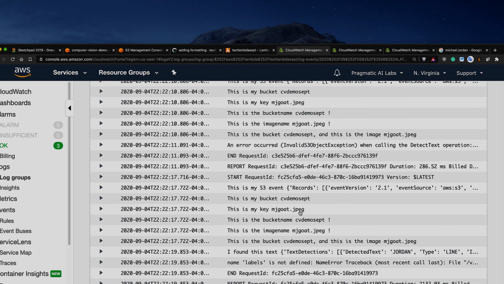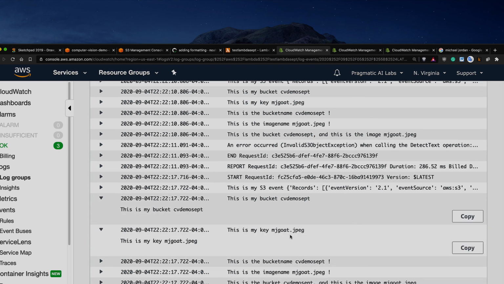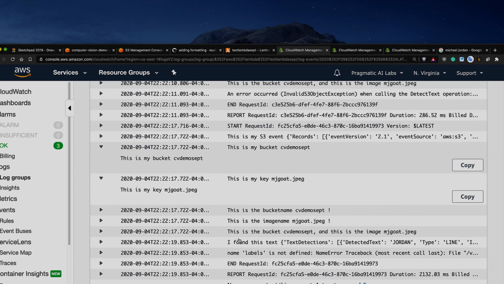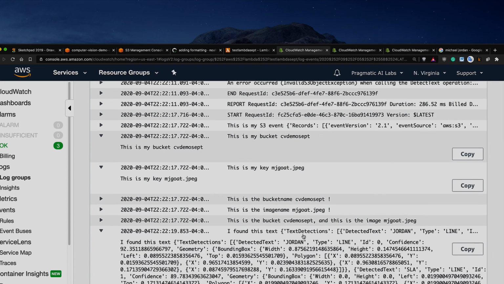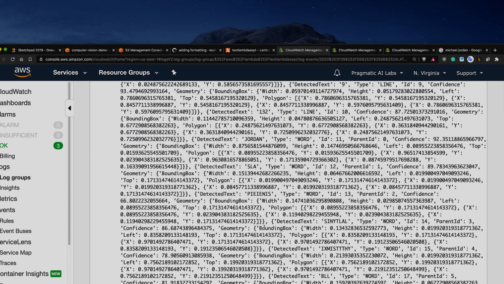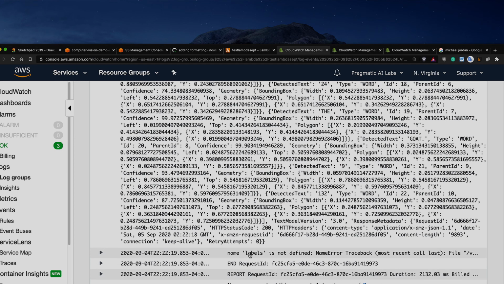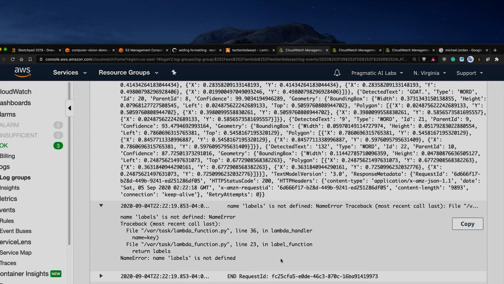There we go. So we see MJ goat. It found this. Now it said I found this text, so it did find all this text and did have an error. It said name labels is not defined, which is on line 36. So I need to fix that final bug here,